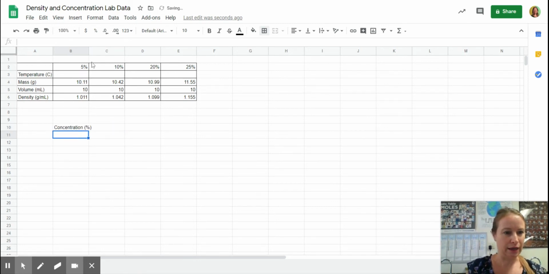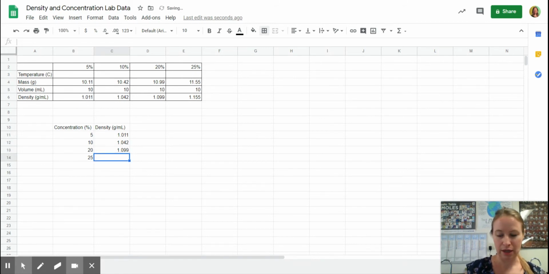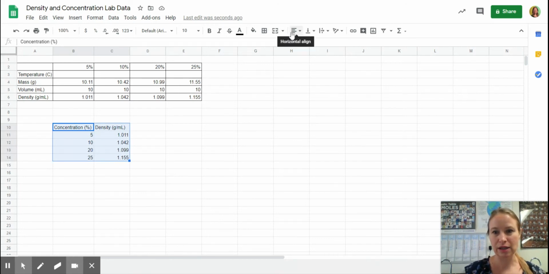Okay. And then I have my dependent variable, the one that depends on what we are manipulating, which is the density, in grams per milliliter. Okay, so my concentrations, these are nice and easy: 5, 10, 20, and 25. For my densities, 1.011, 1.042, 1.099, and 1.155. Okay, so let's highlight all of this,